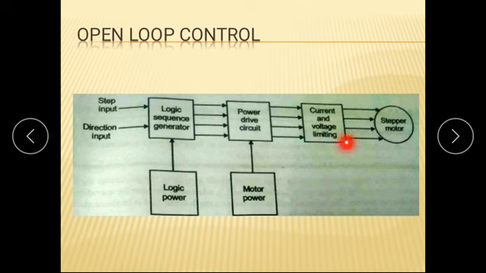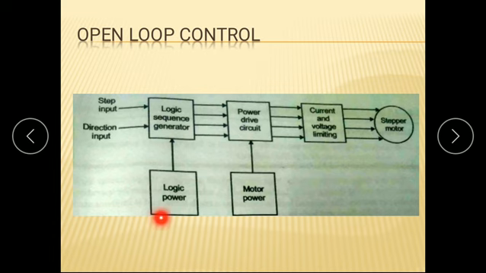The next is current and voltage limiting circuit. This is a suppression circuit. So what is the purpose? It ensures the rapid decay of current in the phase winding of stepper motor, that is stand off. That means when you turn off a particular phase in a stepper motor, the current has to be decayed at a fast rate in that phase winding, so that we can reduce the short circuiting. So if you want to turn off the phase B, this current limiter will decay the current in the phase B at a faster rate. So that is the purpose of current limit and voltage limit circuit.